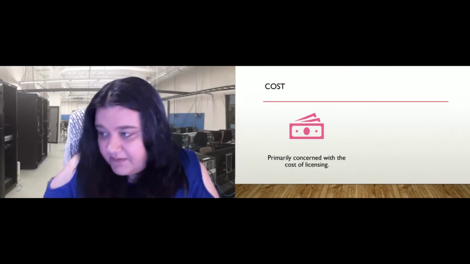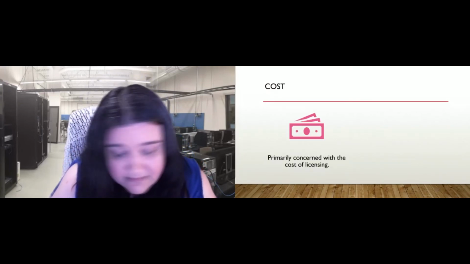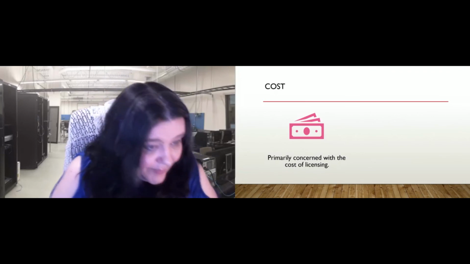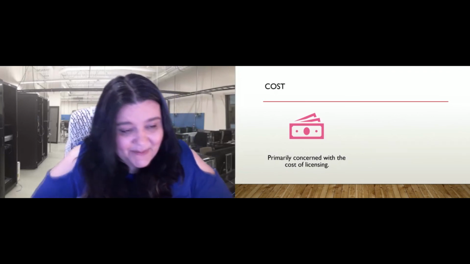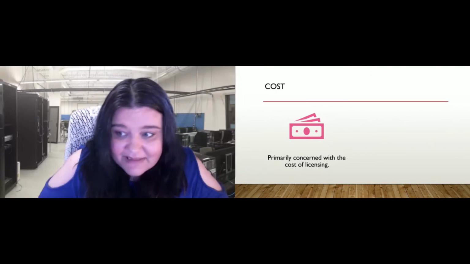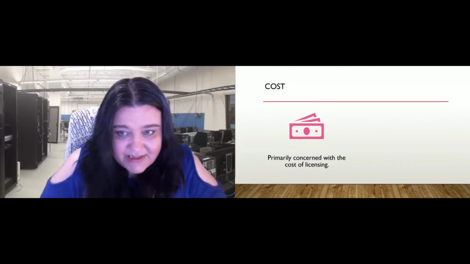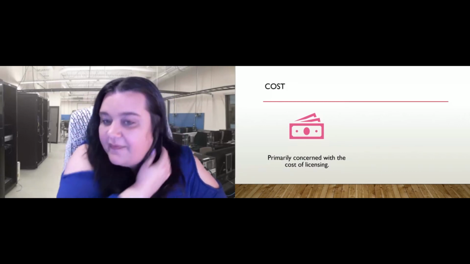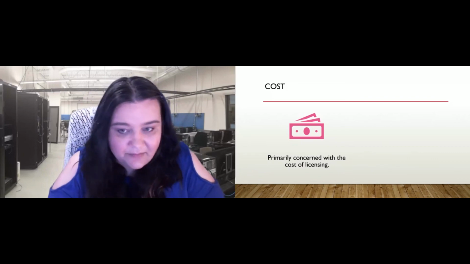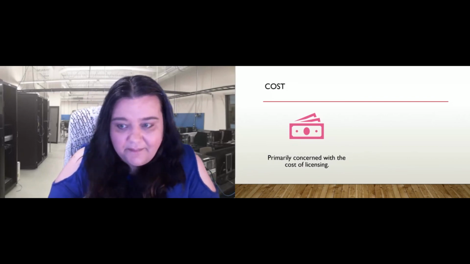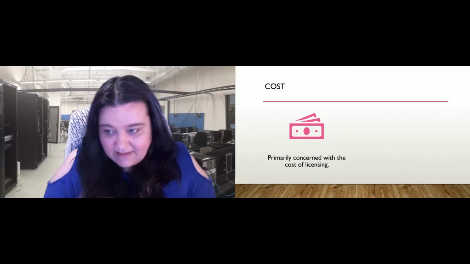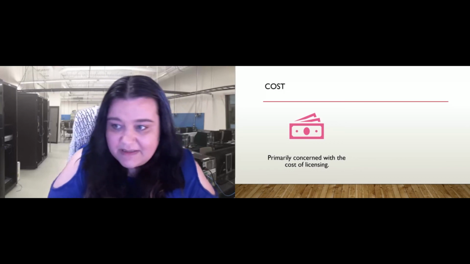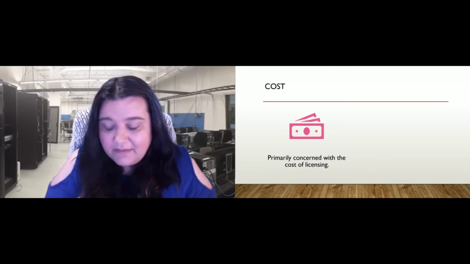Cost is another one. If we have any analysts thinking about money, or business owners, even developers in charge of deciding on technology to use, a lot of times we have a concern with licensing. We all know that the cost of licensing some of the relational databases can be quite large.